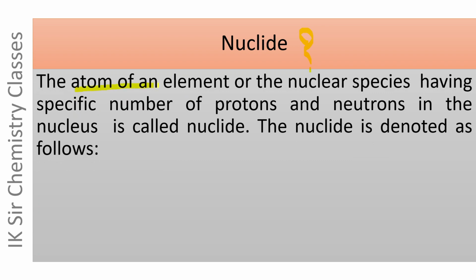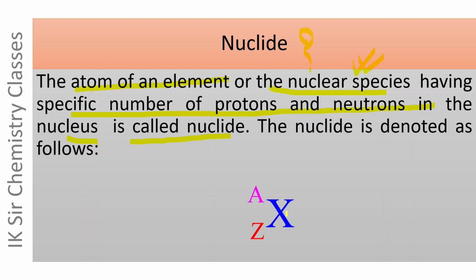The atom of an element or the nuclear species having a specific number of protons and neutrons in the nucleus is called a nuclide. It means the nuclide is a nuclear species which is characterized by a specific number of protons and neutrons in it. The nuclide is denoted as follows: